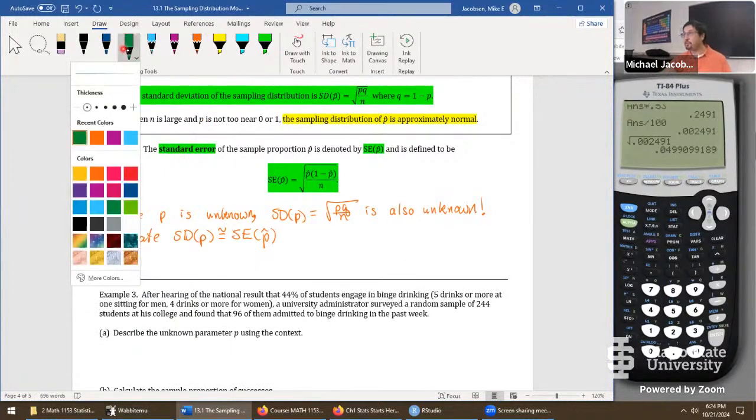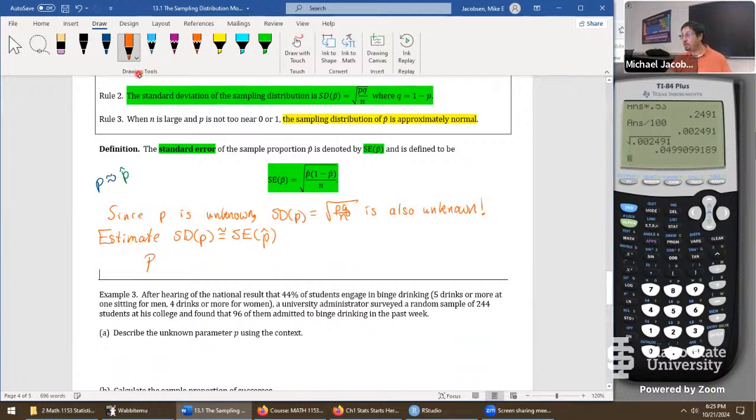But if you're curious about a preview, here's a huge one. We will eventually say that a 95% confidence interval for P is, take the statistic P hat, add and subtract about 1.96. We'll put in a better number right there in a moment, and then multiply it by the standard error of P hat. This gives us an entire range of numbers.